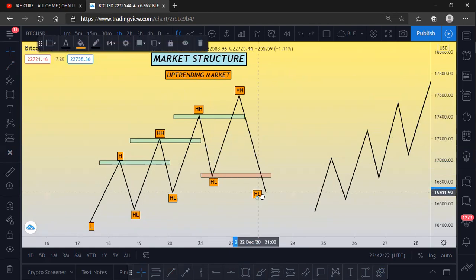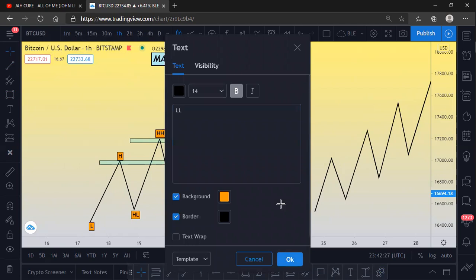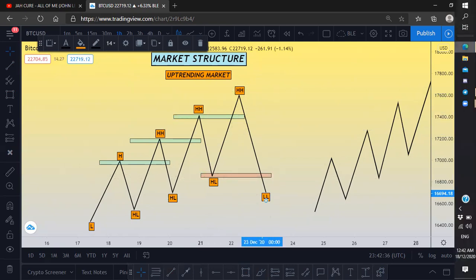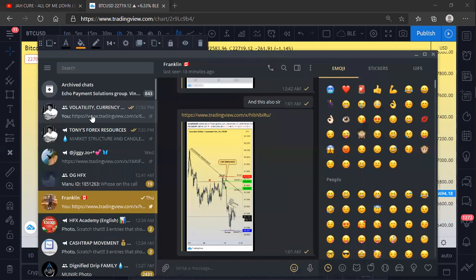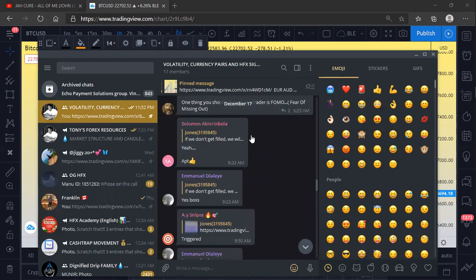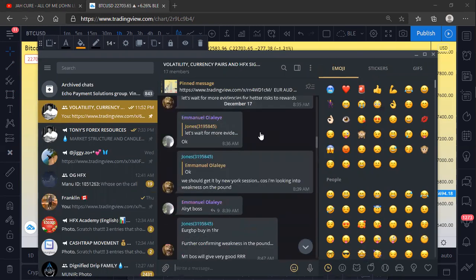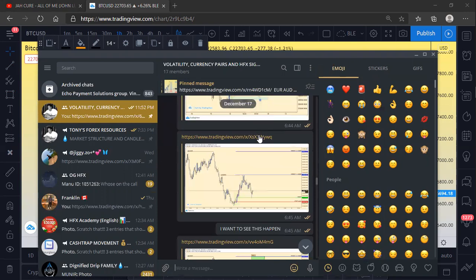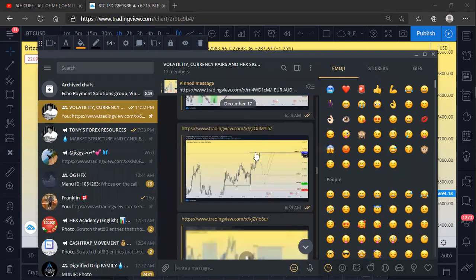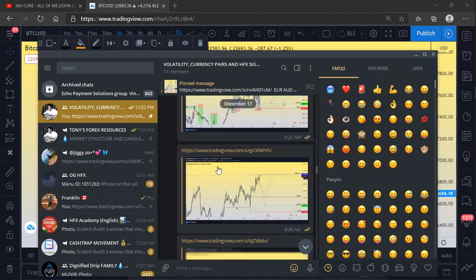Okay. This is now what? A lower low that has been formed, because what? It broke structure. So we consider this place a break in structure. This is a break in structure here. On my chart, I identify it almost all the time when I send it to some of my friends in the group. I always analyze it, tell them that okay, we have a break in structure. Let's look to sell.